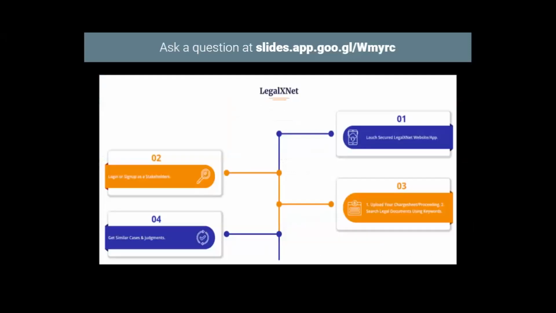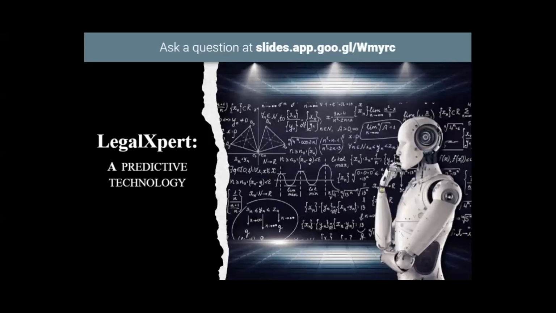Next, here is the overall architecture of the LegalXNet. Not the architecture, it is like a UI in which firstly the stakeholder will be presented with the app or website where he has to choose the domain, like whether he is the judge or the lawyer. Then the system will ask to upload the charge sheet of the previous proceeding which they want to match, or they have the option to retrieve the document based on keywords. Lastly, our system will output the top K legal documents. This is the whole LegalXNet, which is the sole heart of our whole system of LegalX, connecting all the documents. Next. Now my partner Ayushi will explain about the legal expert.